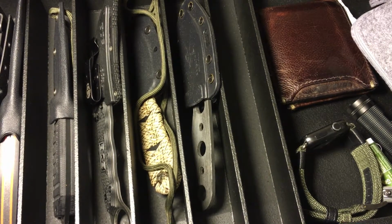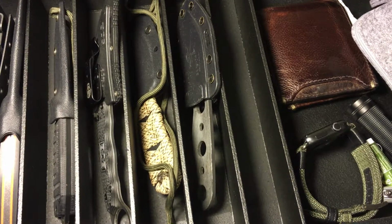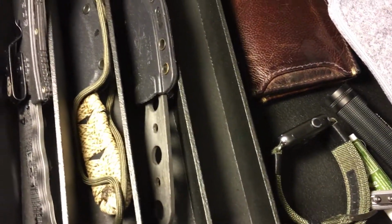I had knives in all sorts of places. I had them in a nice foam drawer for a while, and then the foam got kind of torn up. I tore that out. I kept some of the knives in the boxes. I kept others in backpacks, others just laying around the desk. And I wanted some structure, some organization to this. So what she created was 2 wooden customized pieces that I can't believe she just came up with this design, and it's just phenomenal. One for my smaller fixed blades, and of course the valet tray for EDC, which I